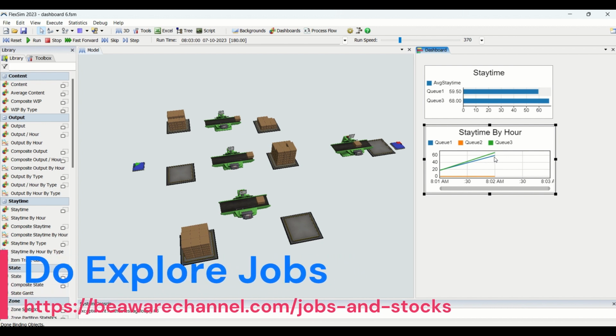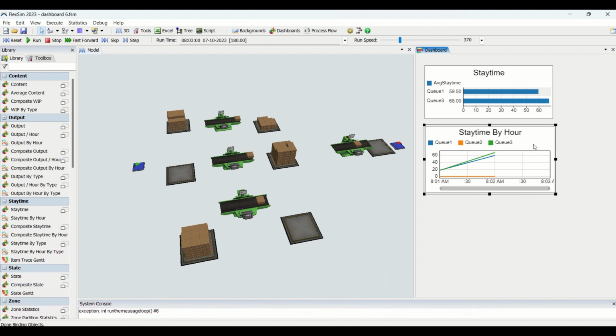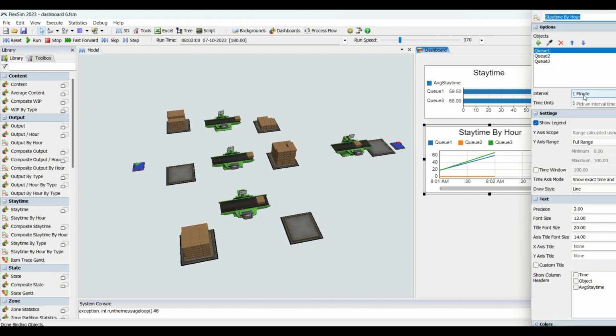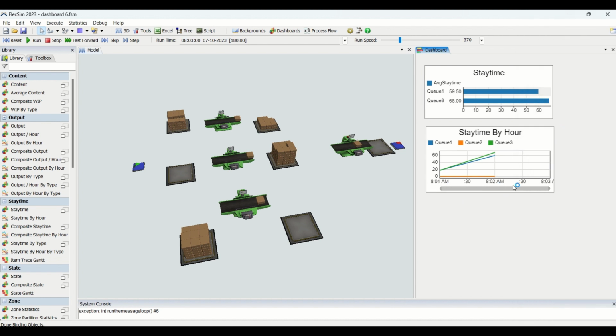So if you could look at every minute, basically we have done it every minute. From 8:01 a.m. to 8:02 a.m. this is what we had, and from 8 o'clock to 8:01 it was 20. So from 8 to 8:01 it was this, and 01 to 02 it was basically this, and